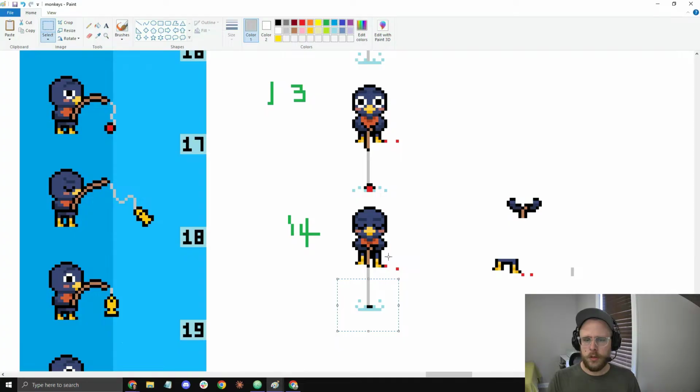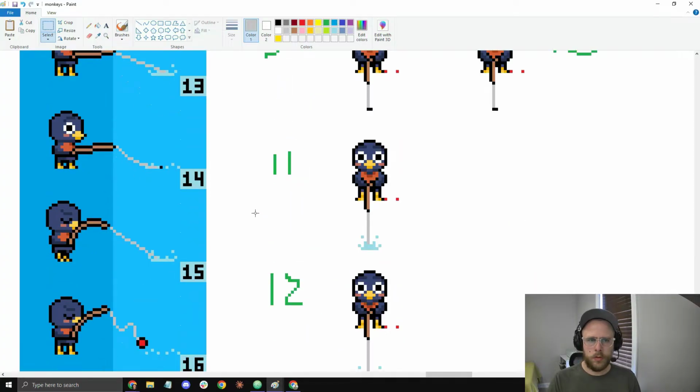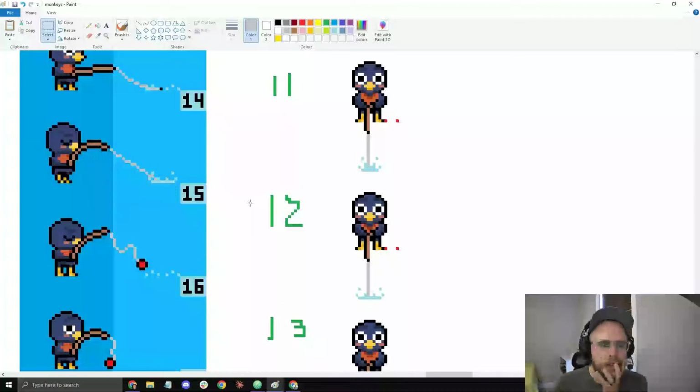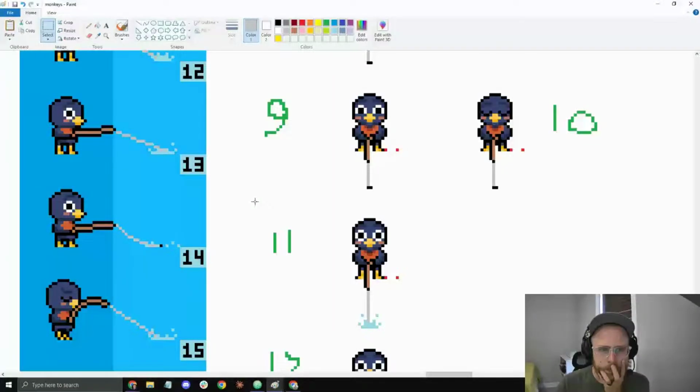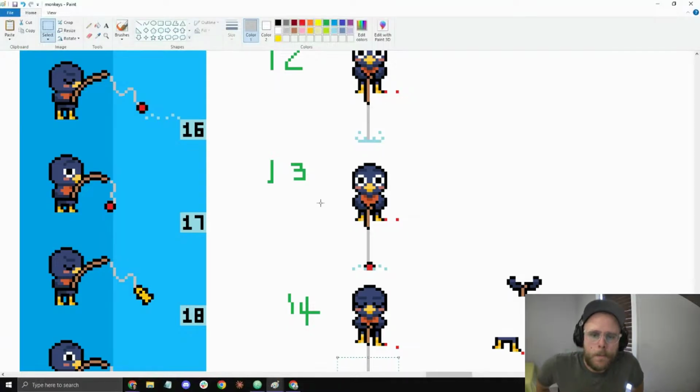So we would be reeling in. Okay, so that's the thing. The bobber doesn't show for any of the big-eyed idle animations, so it shouldn't show. Should it? So it's just idly standing there. Yeah, no, it shouldn't. But it should return back to